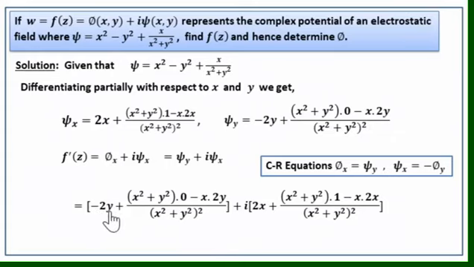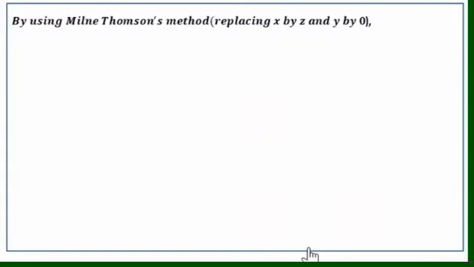Here this will be 0 and y equal to 0, so this becomes 0. The entire real part will be 0. Then for the imaginary part, here we have 2 into a z. If I take x equal to z, this becomes i into 2z plus z square plus 0 into 1 minus z into 2z divided by z square plus 0 whole square. That is, we get in the next step f dash of z equal to this.